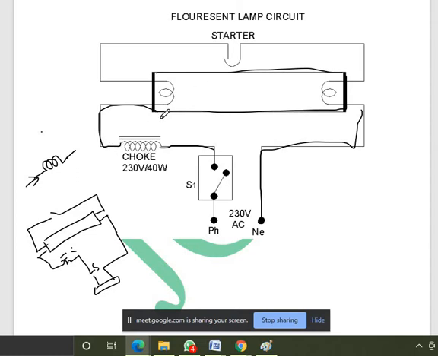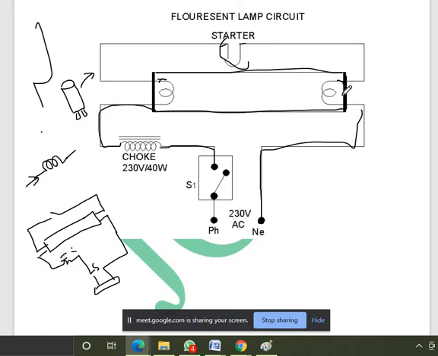Here, another two ends of the tube light should be connected, one to the neutral and another to the output of the tube. Two terminals are bent there, and these two terminals are connected to the starter. The starter is arranged in a cylindrical shape. You can see the physical one in an older tube light at home. It consists of two pins, and these two pins are connected to these lines. So this is the starter arrangement, and now it is the circuit arrangement of a tube light.